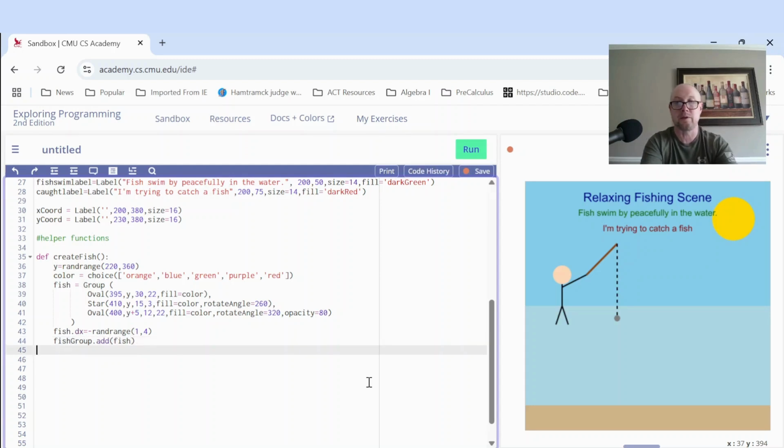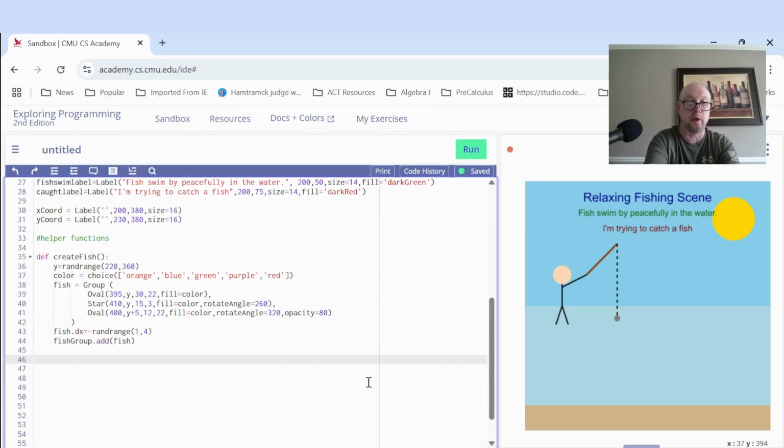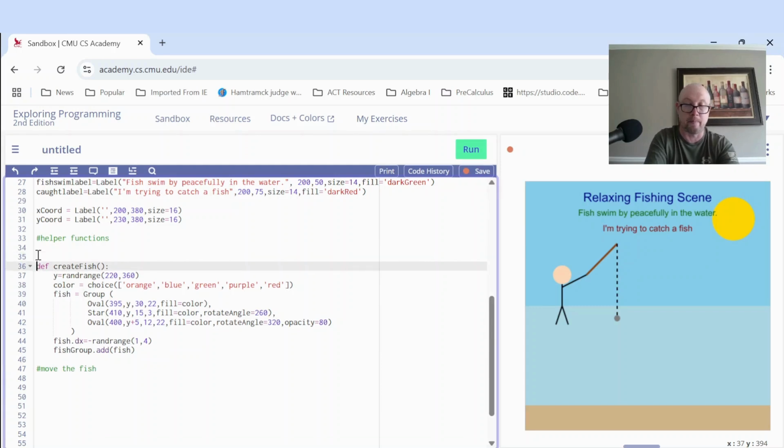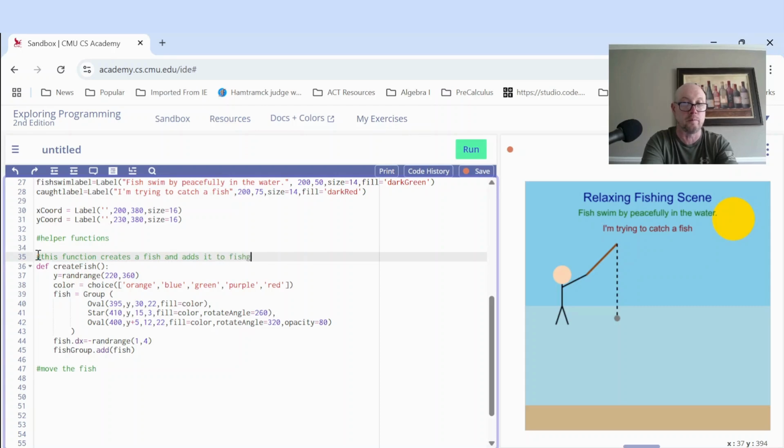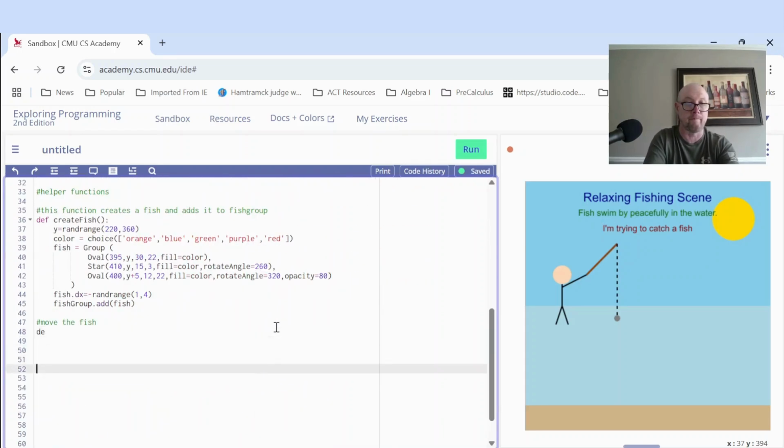Let's create another function now to get the fish moving. So this function will move the fish. Should have added create fish: this function creates a fish and adds it to fish group. Okay, to move the fish, let me move this up here. We're going to say definition move fish,